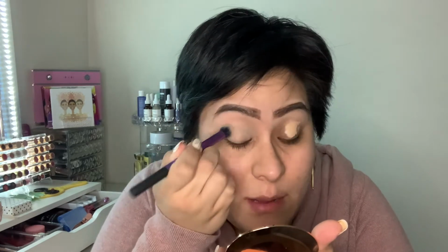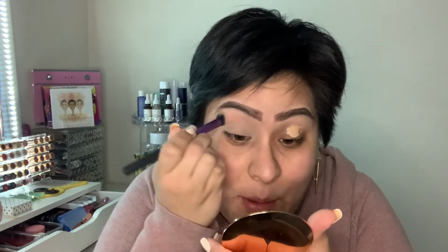I do love doing makeup, and it's just something else that I can do. It keeps me busy sometimes and distracts my mind from other things. And it's not like I am famous or anything. I don't plan on getting famous, but I do enjoy talking about makeup and seeing makeup. This is kind of like therapy for me. So this is why I do what I do. Again, I don't have a lot of followers. I have about 80 followers. And again, I just want to make that clear,